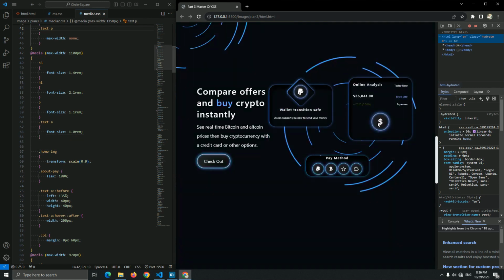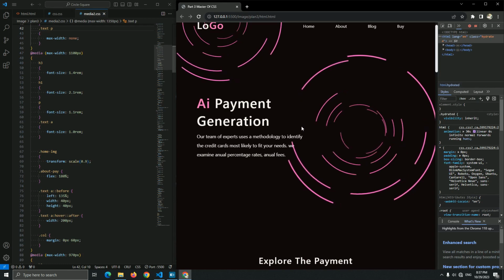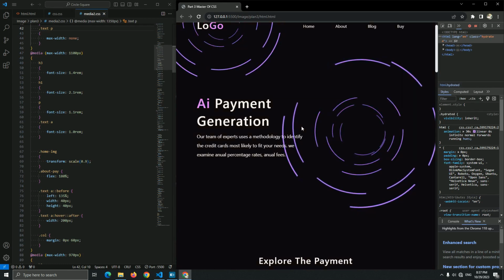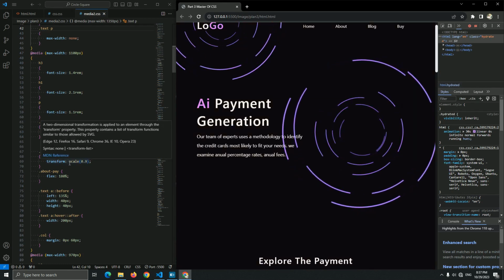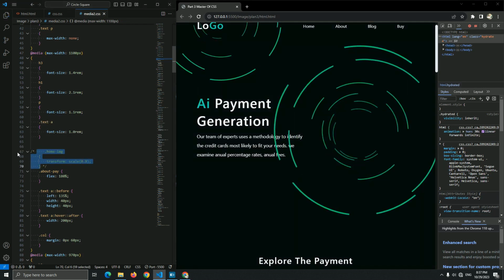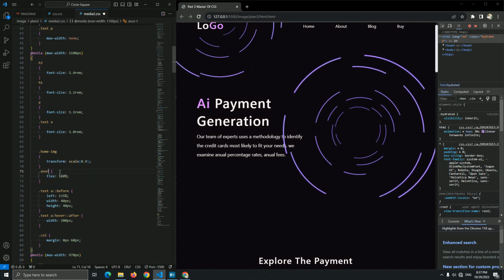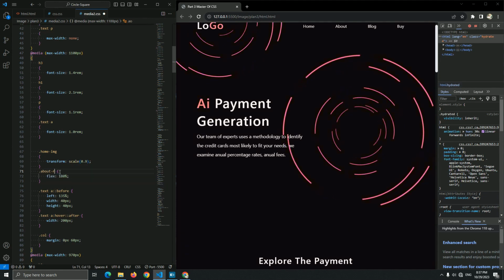And on my home image of this image, instead of using width and height, I just use a scale. And if I just remove this, you can see it. I think it's about row. Yes, about row.